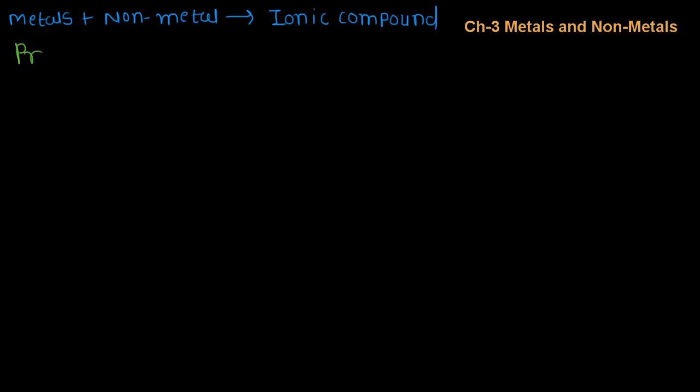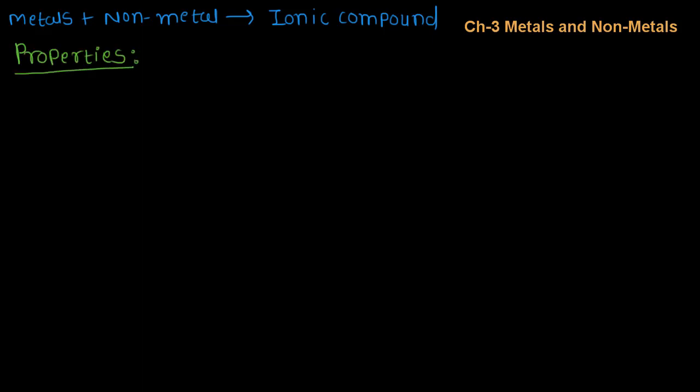After reacting metals and non-metals together, it will make electrovalent compound or we can say ionic compound. So, metals plus non-metals, they will make electrovalent compound or we can say ionic compound. This thing is very clear to all of you. Now let us talk about the properties of this compound. So in this video we are going to learn the properties